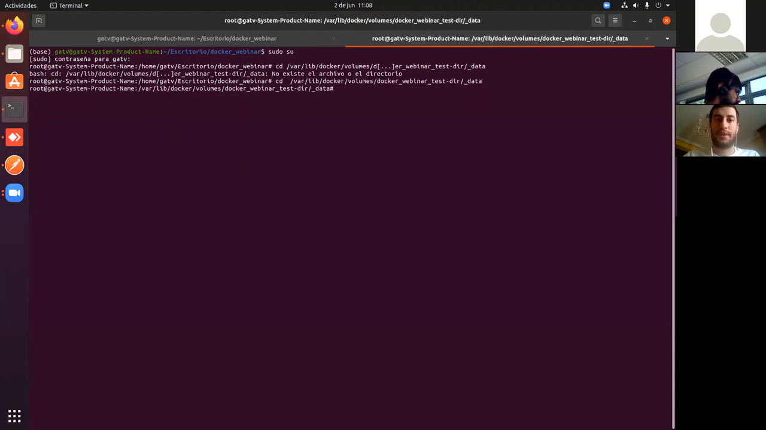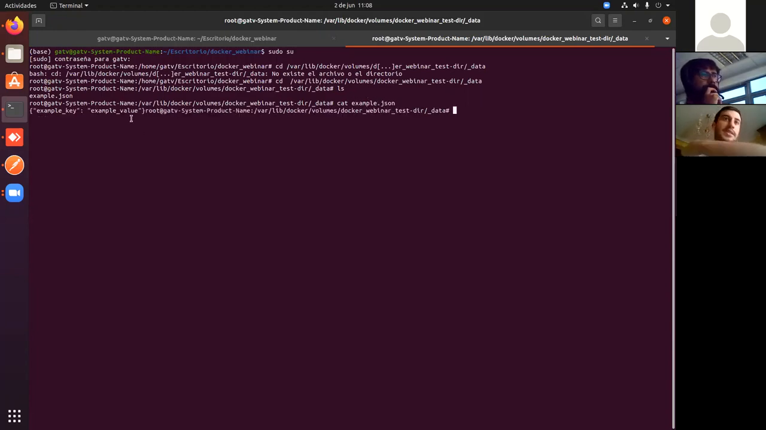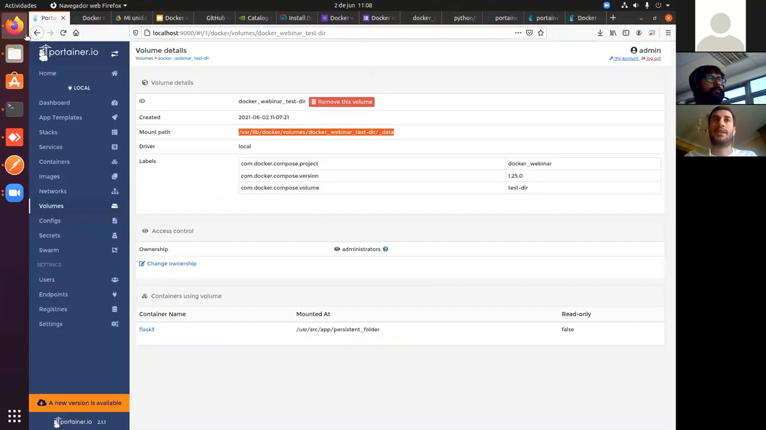Okay, there you go. And now we can do just ls, and you have this example.json that you have just created. And we can, of course, see this content as well. It is the same because the two endpoints just save the same file. And now what I want to show you is that we can